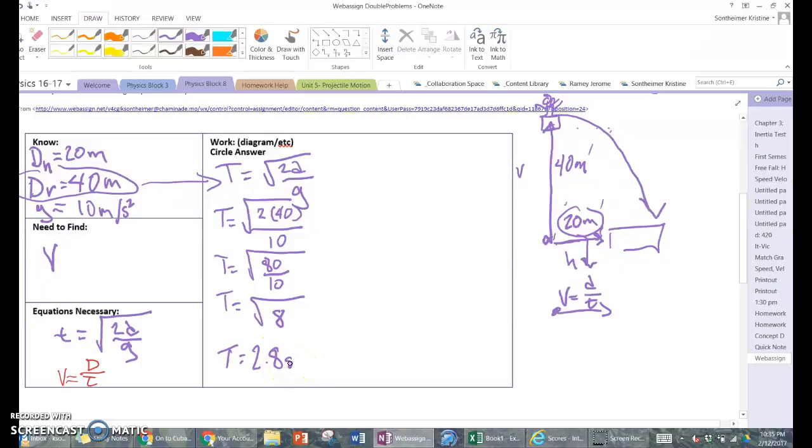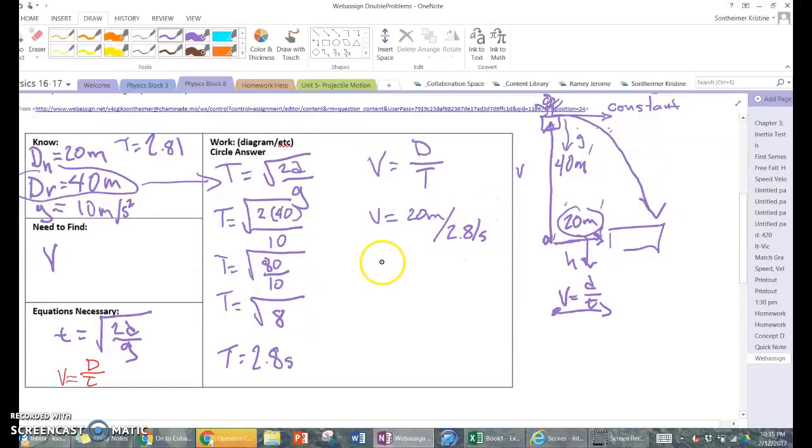Now that we have time, I can throw time up here because I know it now, 2.81 seconds. Now I can utilize that for my velocity equals distance divided by time. Because remember, this motion can be split into a horizontal, which is constant, and then a free fall, which has gravity playing a role here. So V equals, we have to use the horizontal. How far do we have to go? 20 meters divided by